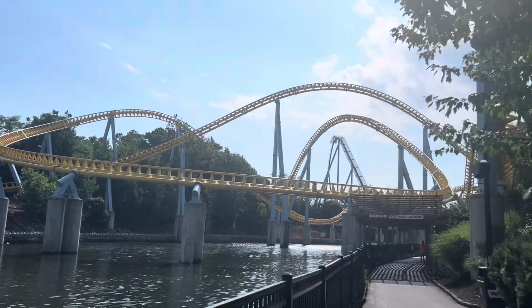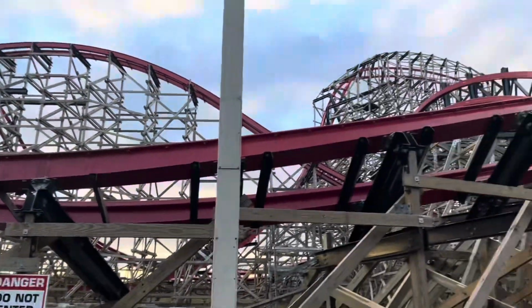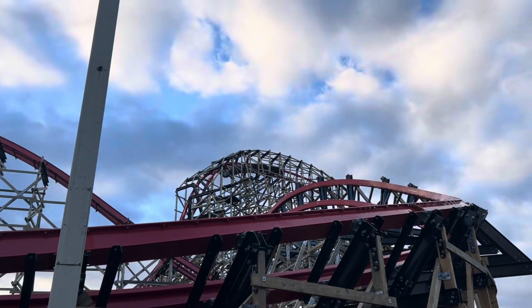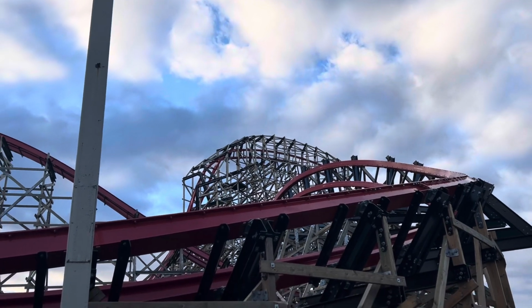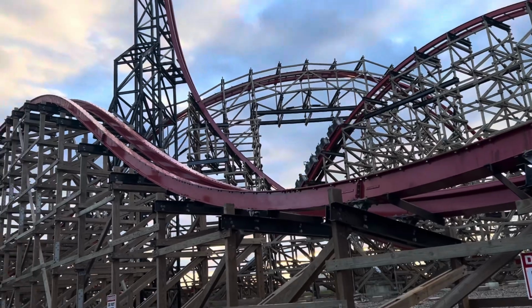Coming in at number 1 is Wildcat's Revenge. I mean, it shouldn't really be too much of a surprise if you know me. This is kind of my number 0 coaster. I know it sounds really weird given I live 4.5 hours away from here, but trust me, Wildcat's Revenge meant a lot to me when it opened,